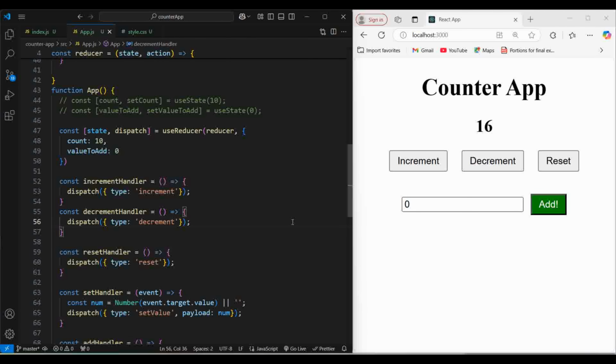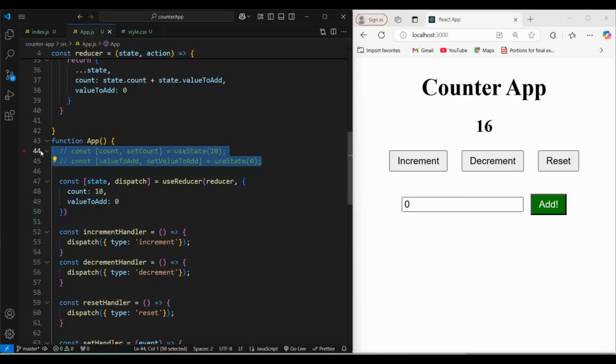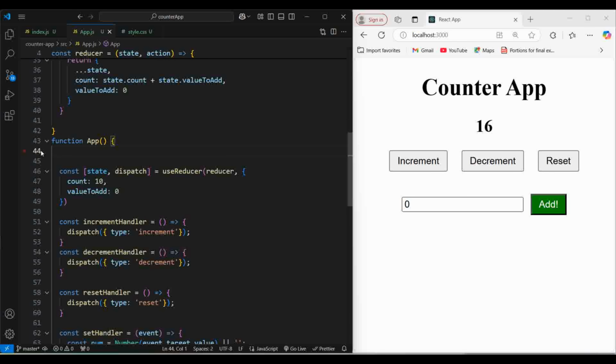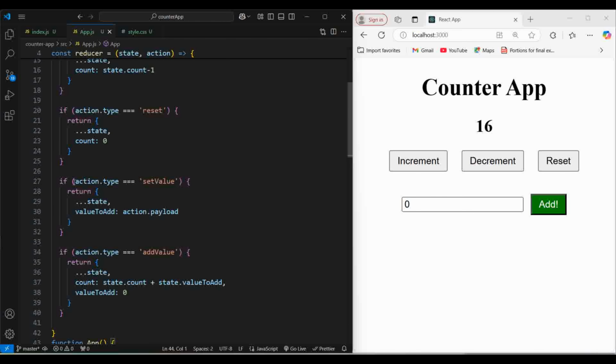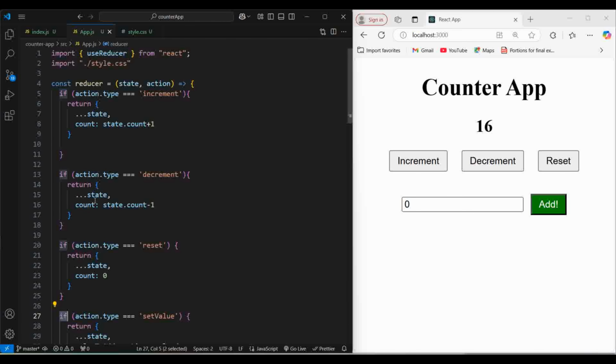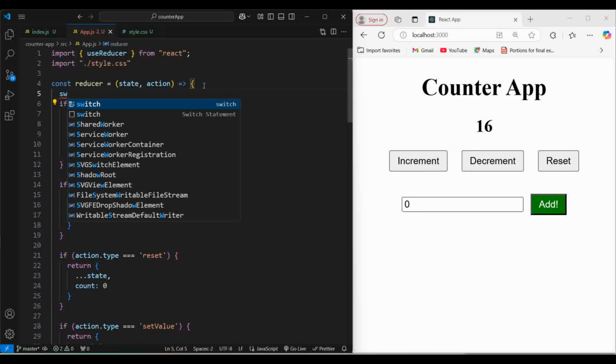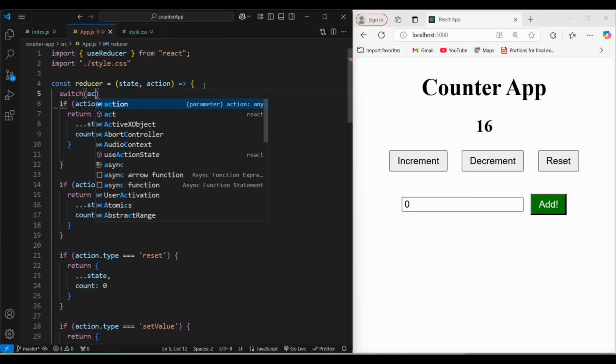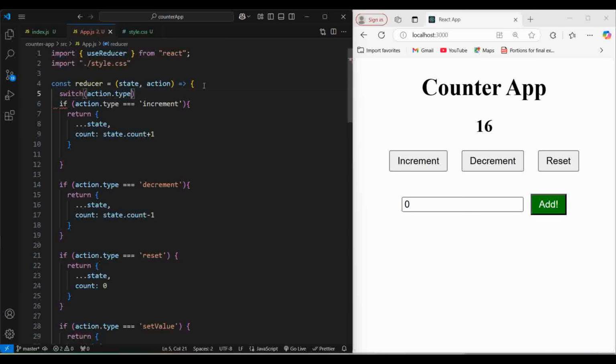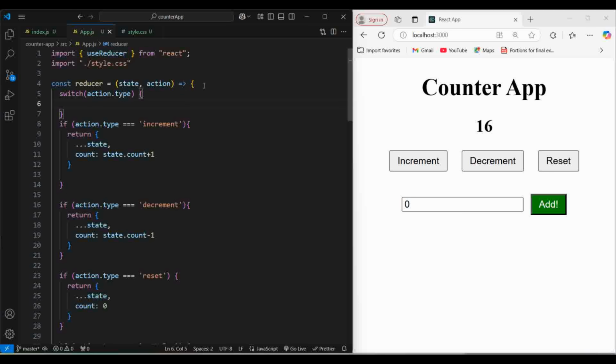Now let's make our code more clean and understandable by doing some refactoring. So first I'll get rid of this commented code. Okay, and instead of this if case, since there are lots of if cases, we can use switch statements. So I'll come and declare switch. We are comparing action dot type, and we'll use case. So case increment,